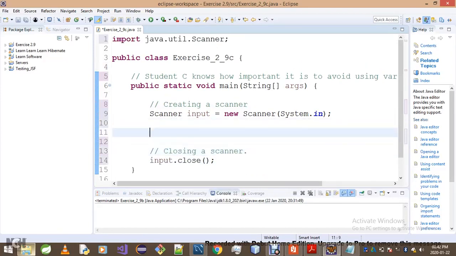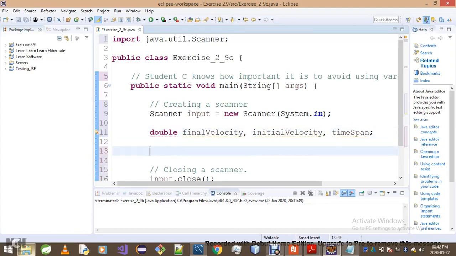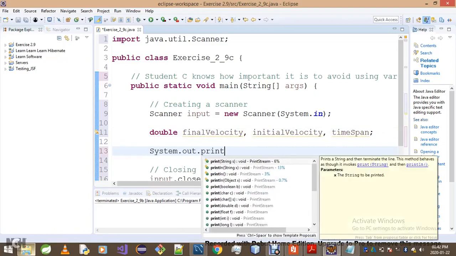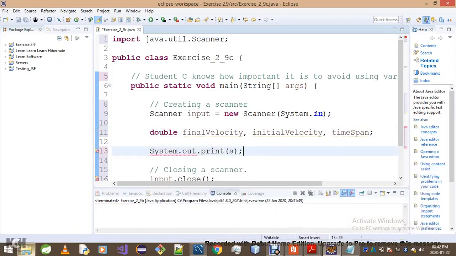Okay, and then we need a double variable to hold the final velocity, initial velocity, and the time span. That's pretty much it. That's all you're gonna need, and then we're simply gonna prompt a user